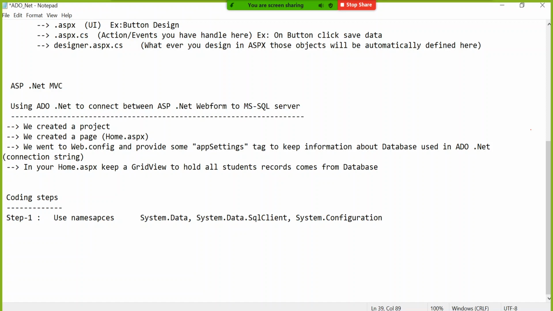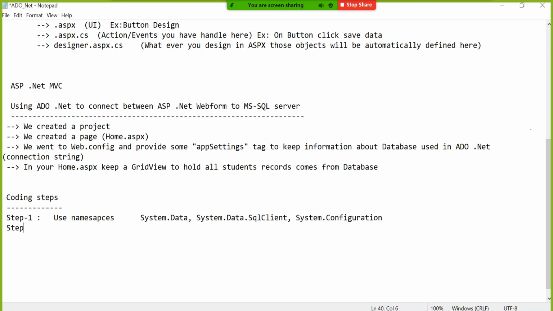So step one is use; here we say using. If you go to Java, they will say import. Here we say System.Data.SqlClient. They might have some other package, import io.something, import data.something. So we don't bother about their technology. But when you say steps of approach, all technologies are similar, I will say, not the same.